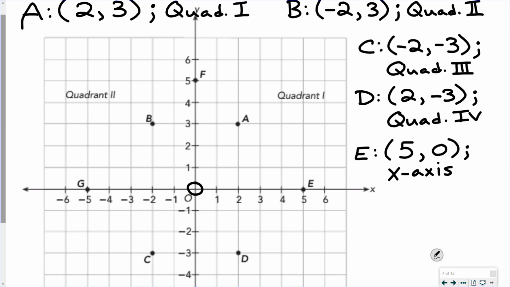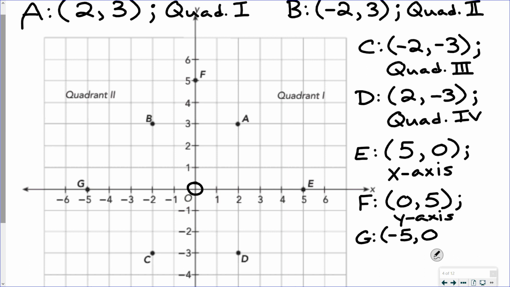For F, once again, I start at the origin. For F, I don't move at all to the left or to the right, so my x-coordinate is 0. And then I move up 5 places, so my y-coordinate is 5, and point F is on the y-axis. For G, come back to the origin. I go to the left 5, so the x-coordinate is -5. The y-coordinate is 0, which puts G on the